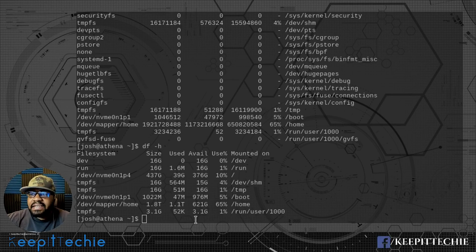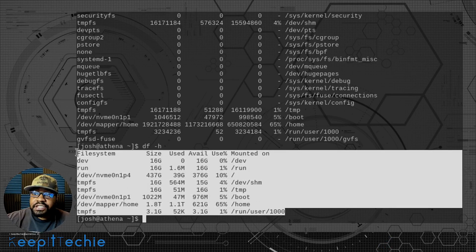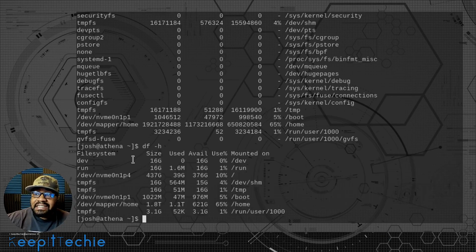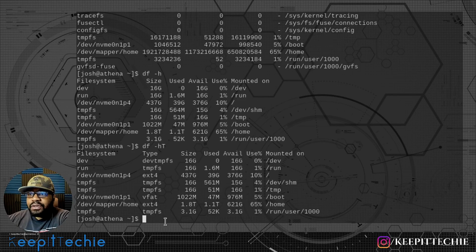Now that I showed you that, there is another column that is missing by default, and it all depends on what distribution you're using. I've seen some distributions actually include it, but it's the type. There's another column that goes in here, and it breaks out the type of the file system, and I just wanted to show you guys that right fast as well. And I'll run it along with the -h option, that way it's still in human readable. But if you type capital -T after that, that will add that column that I was talking about that's missing,